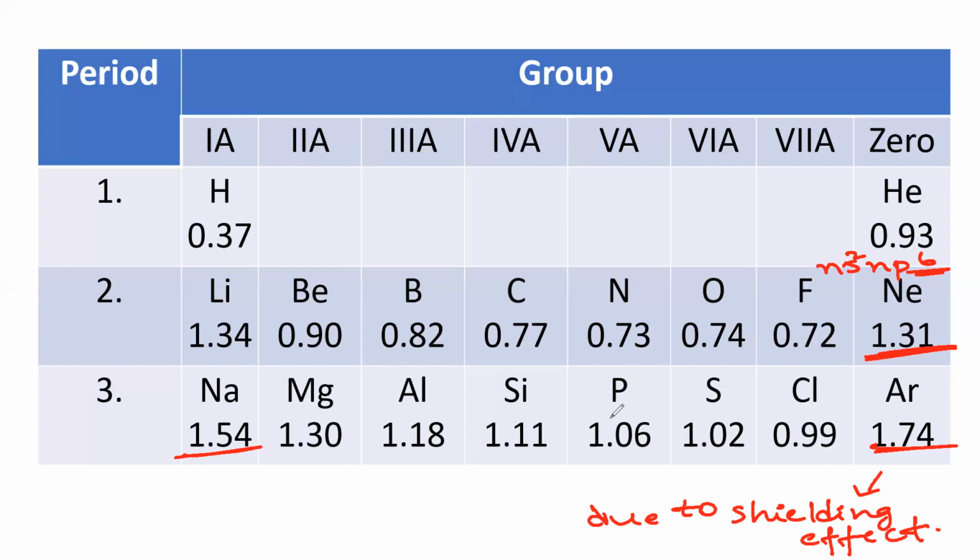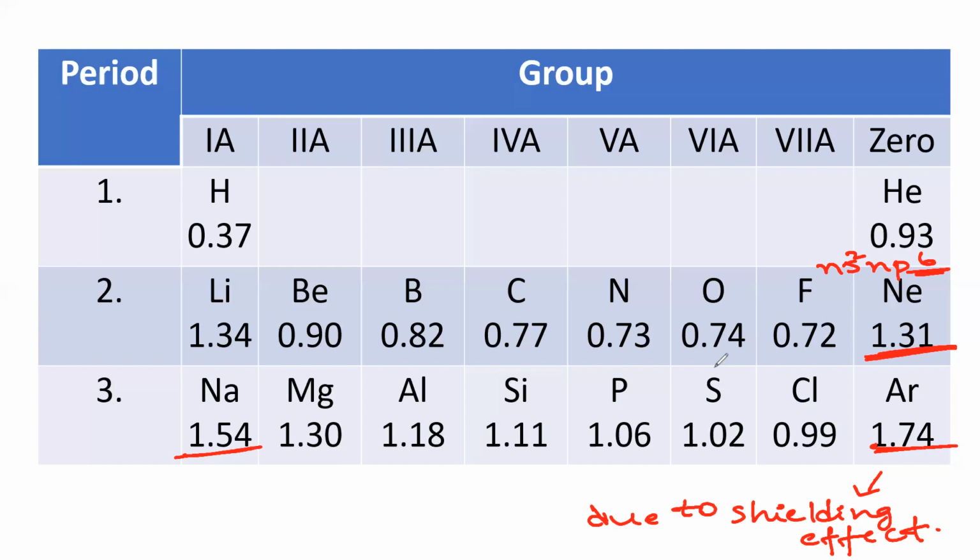They'll give elements from the same period, or first period, second period, or third period elements. They can give any elements. The atomic radius of first period elements is less than that of second period elements, whereas the atomic radius of second period elements is less than that of third period elements. Periods you read left to right. Period elements and group elements are different. So always the atomic radius of second period elements is lesser than third period elements, and third period elements are lesser than fourth period elements, and so on.